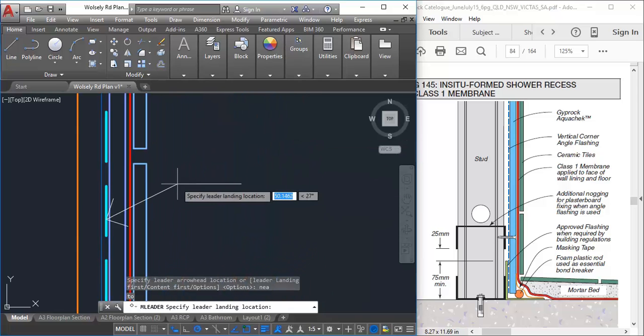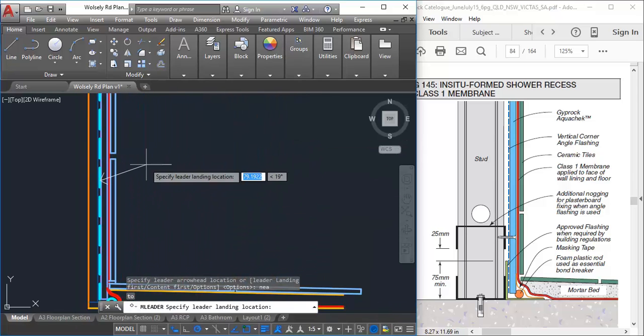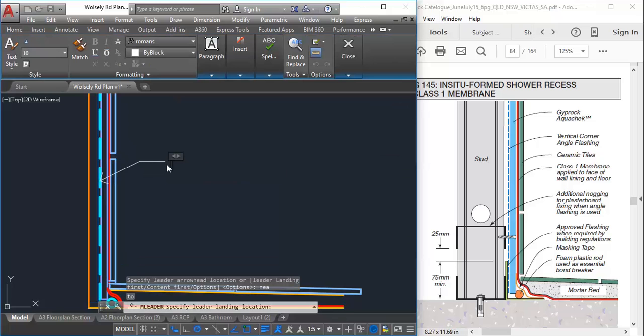So now I'll just bring this across until I can see the arrow. So you can see there that my arrowhead isn't coming up when I'm too close, but if I come out far enough for the arrowhead to fit in, then I should see it. So I've clicked, and now I can type